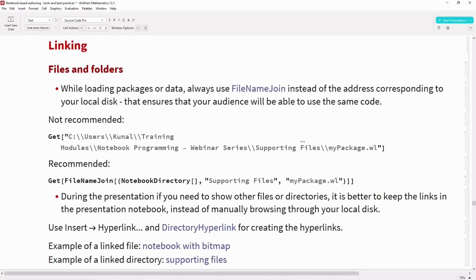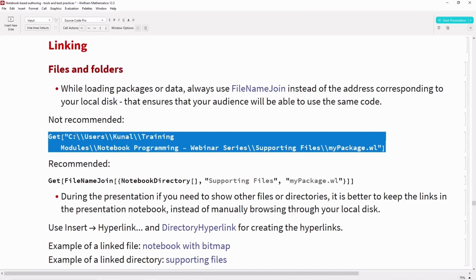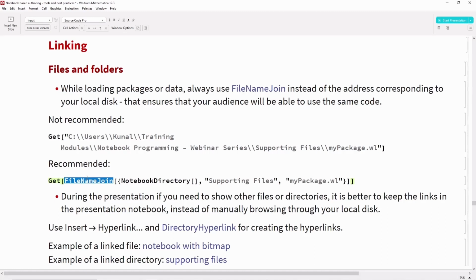In order to do that, you can make use of the FileNameJoin function. So you can have your base directory and have all the files in the supporting files directory. So here is an example of how my file path is hard coded here, and in this other notation I'm making use of FileNameJoin, so that according to my base directory it always selects my relevant files.